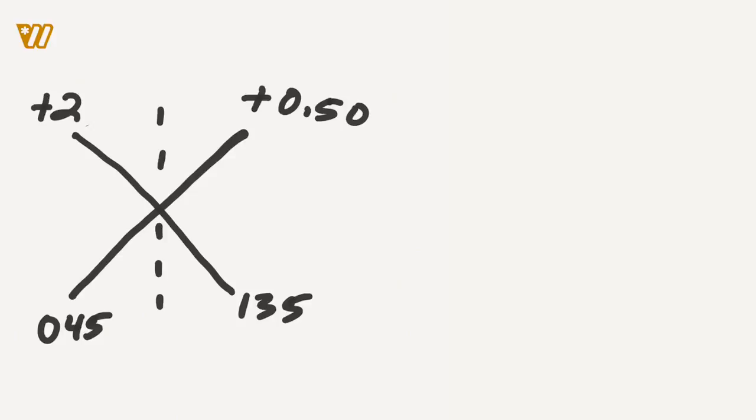So this example says, find the vertical prism induced in the right eye when a patient looks 10 millimeters below the optical center in the following lens, +2, -1.50, axis 135. So I've got this on a power cross, right? And just like we did in geometrical optics, since we're equally divided along the vertical meridian, with one meridian being at 45 and the other one being here at 135, we can actually find the power in the vertical meridian of this astigmatic lens without having to use a sine squared rule, right? And so what's going to be that power in the vertical meridian? Yeah, that's exactly right. It's going to be +1.25,